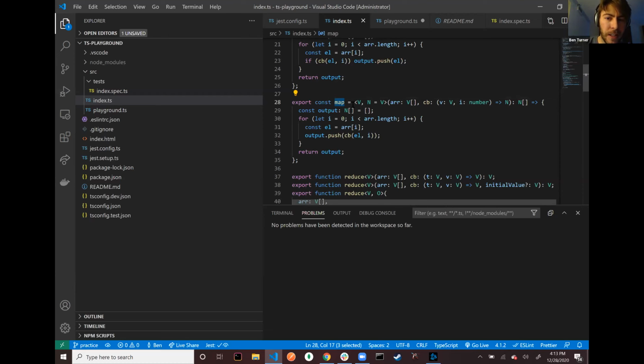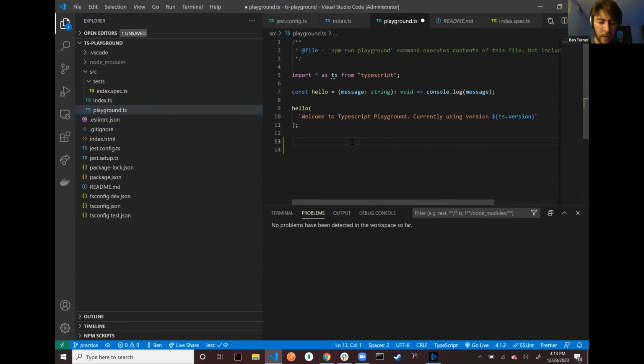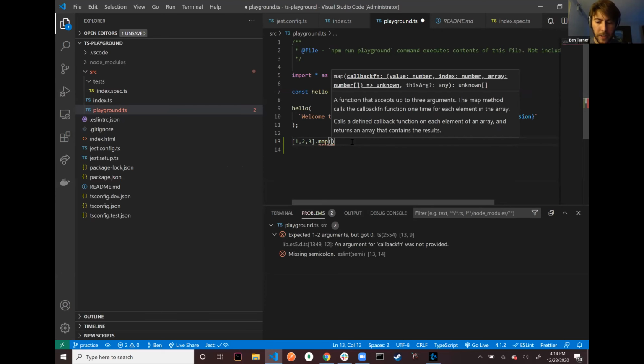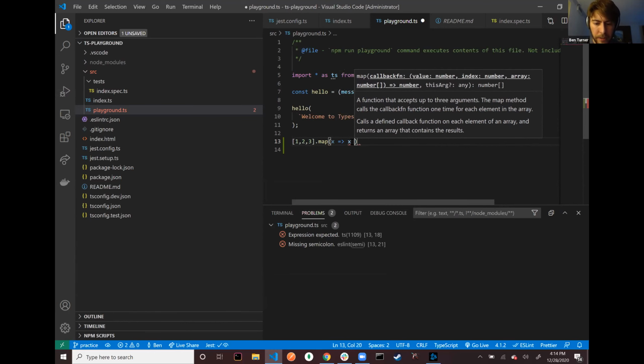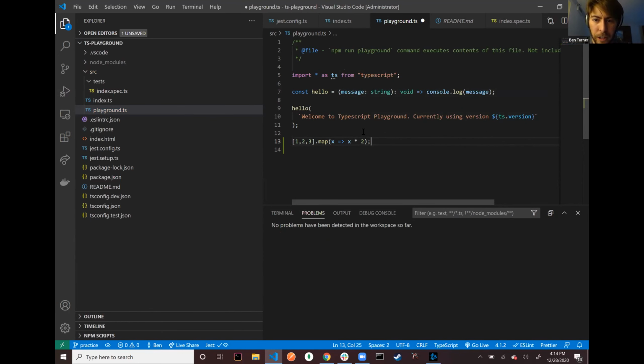All the map does is it takes an array of things and for each element transforms it into a different one based on some rule that you provide to the map function in the form of a callback. And what you get is, of course, a new array. One simple example is if you want to perform some mathematical operation on an array of numbers, you can do something like this. 1, 2, 3, and I can say dot map, and take each number and return x times 2. So that will give us,